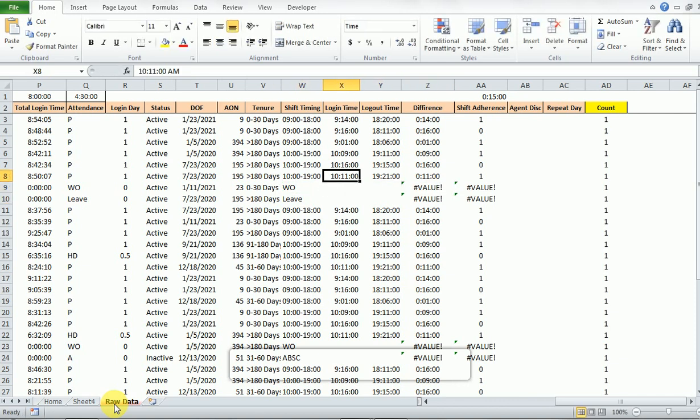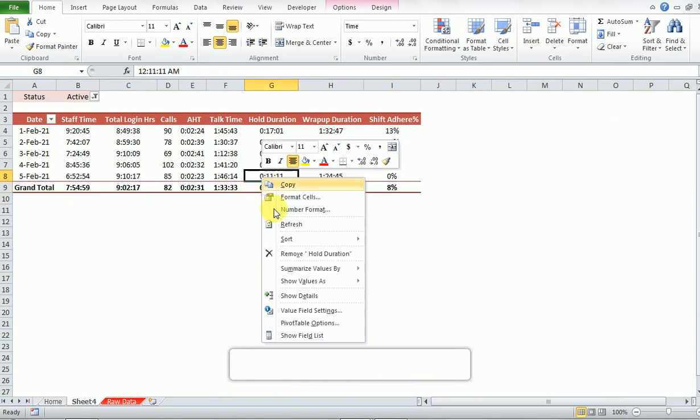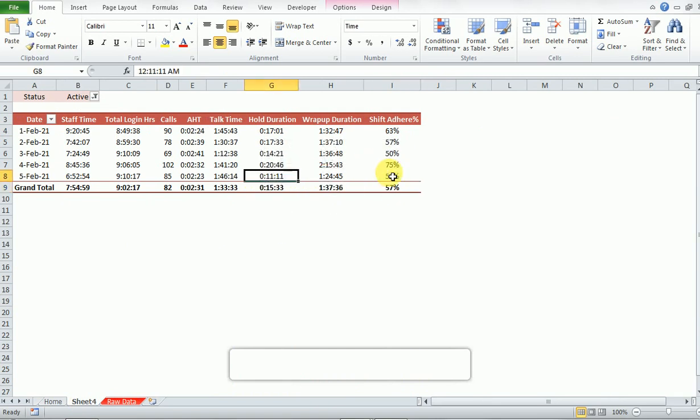So you can also use IF error in the formula, then nothing. Now refresh the pivot. It is showing the percentage. So friends, this is the date wise